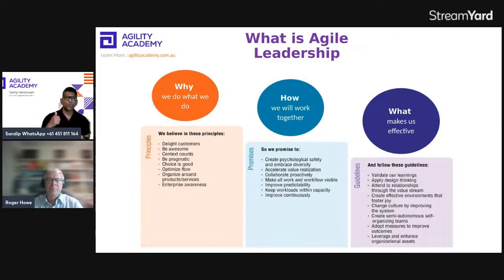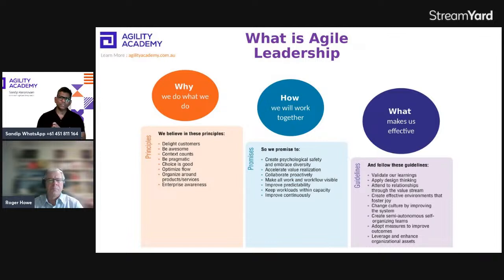First one, why we do what we do. As a leader, it's your responsibility to help everyone understand what are the core principles on the basis of which we need to make any decision. It might be something like delighting our customers or creating an awesome team. At the end of the day, if you have got disgruntled employees or team members, you can't have delighted customers. What needs to be done when it comes to defining how you are going to deliver value to your customer quickly. So these are the principles which define agile leadership, why we do what we do.